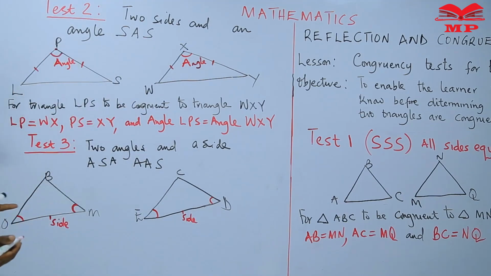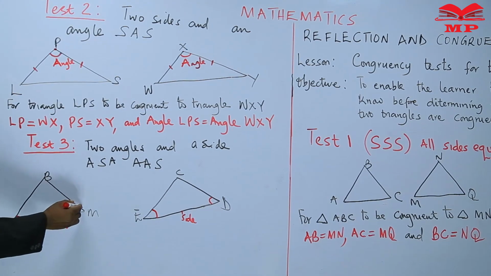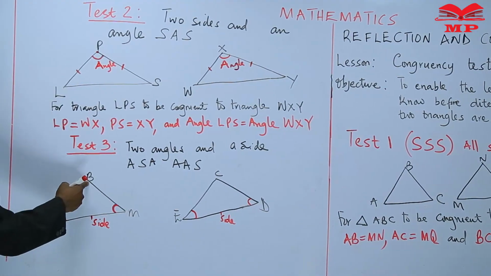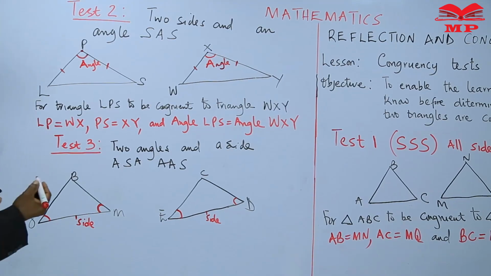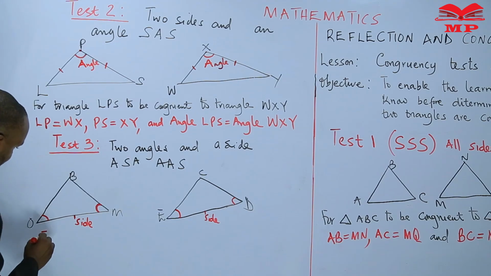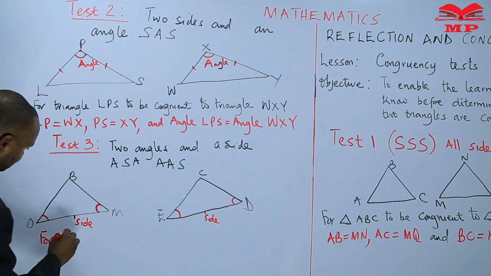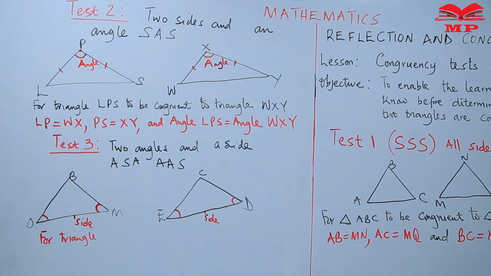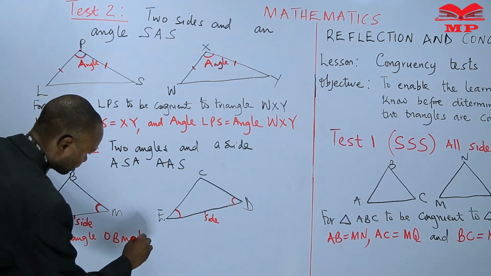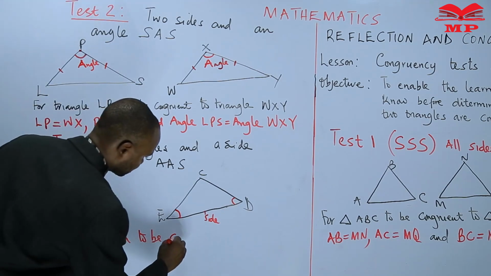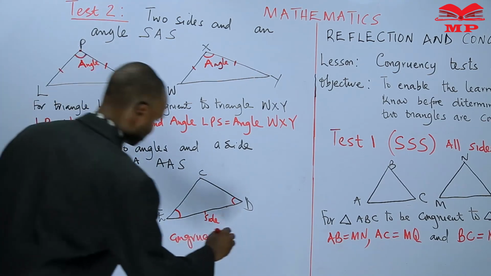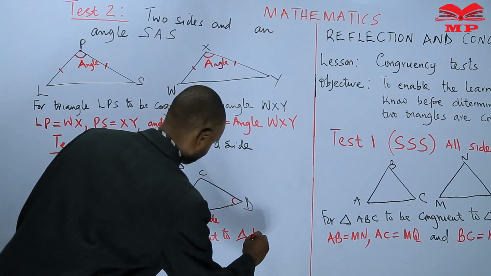So it depends on what they take. If I had taken these two angles, the side I would use would be BM. If I had taken this angle and this angle, I would use OB. So it depends on the angles you choose. So for triangle OBM to be congruent to triangle ECD,